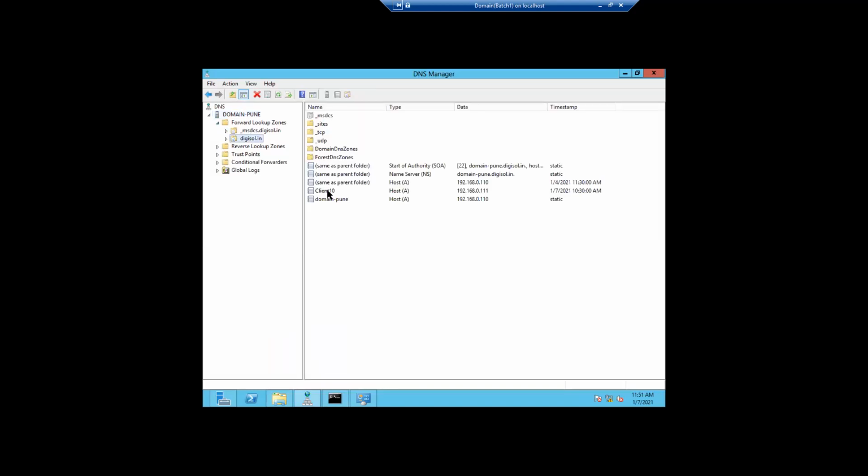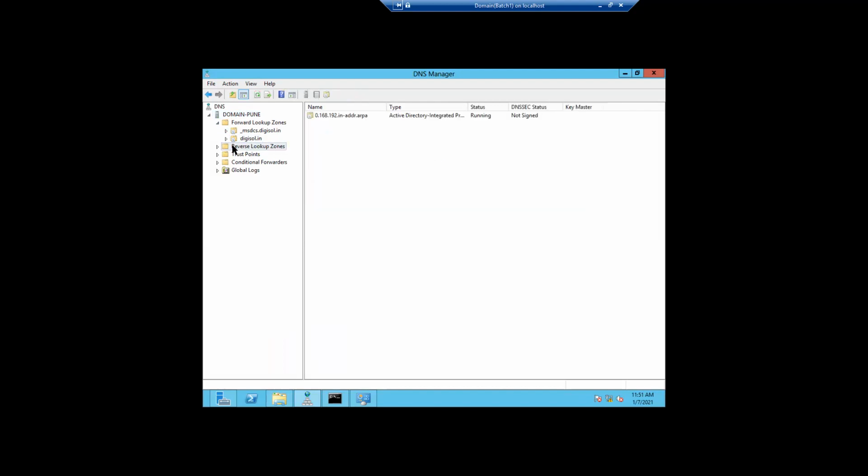See, you see this record here. This is my domain name, right? This is the IP address, right? But when I type the IP address, it is not resolving, because that work is done by this reverse lookup zone. It will reversely look up, means when I put the IP address, it will resolve to host name. In forward lookup zone, I type the host name, it will resolve to IP address, right? So here I don't see any record for that. So what we will do, we will create one record, then we'll check.